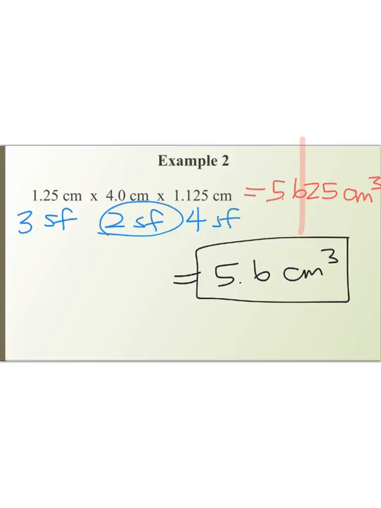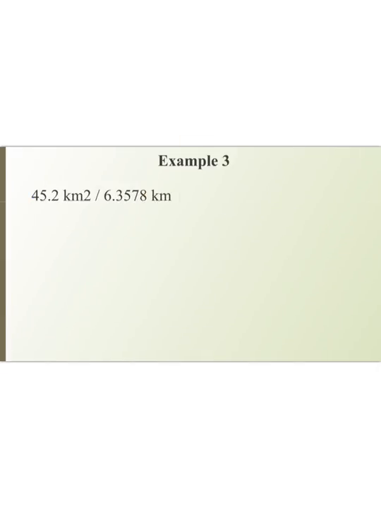Let's look at one more example. Now, just real quickly, this should actually be a kilometer squared. So 45.2 kilometers squared divided by 6.3578 kilometers. So let's count our significant figures. I have 3 significant figures in this measurement and 5 significant figures in this measurement. So when I work out the problem,